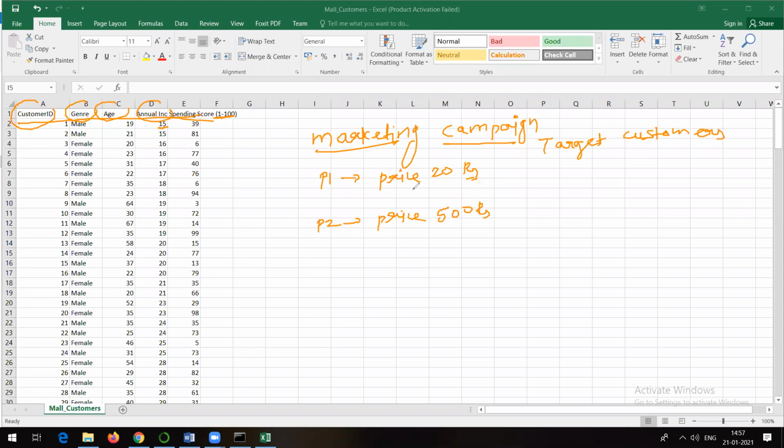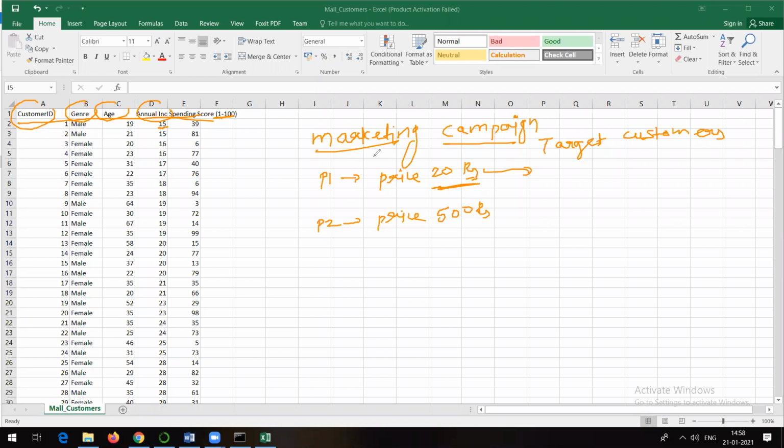People who will go for a moderate amount, another group. People who will go for costly products, another group, and so on. Suppose this is the category of people who go for cheap products, that means people who are going to buy products of maybe price 20.